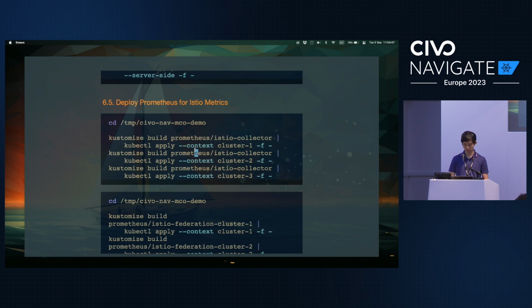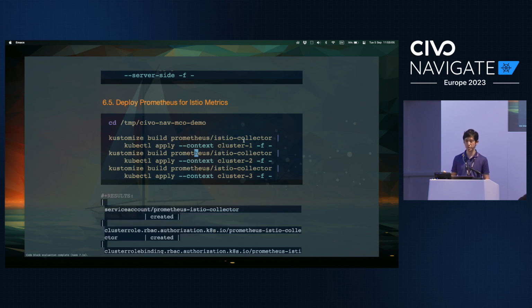From there, I'm going to deploy 2 Prometheus instances. One is for connecting to Istio processes directly, and this one is the Istio collector, which I named. You can name it however you want. But the Istio collector would look at every metric, and that's going to have a high cardinality. It's going to have so much data.